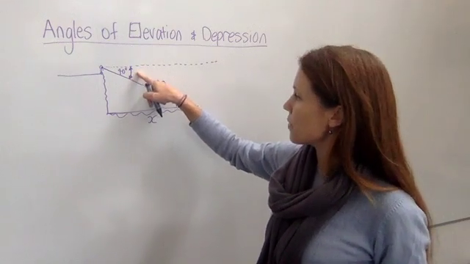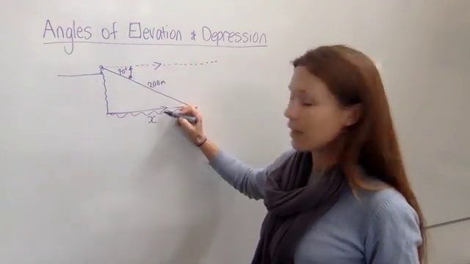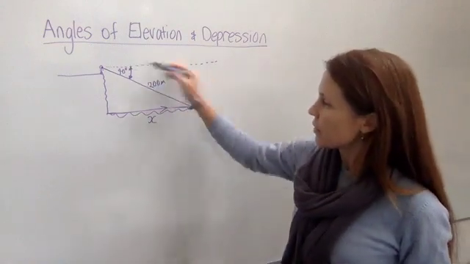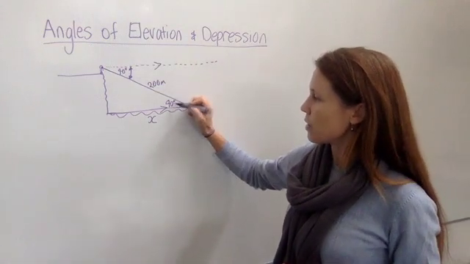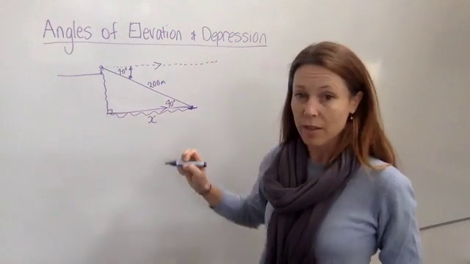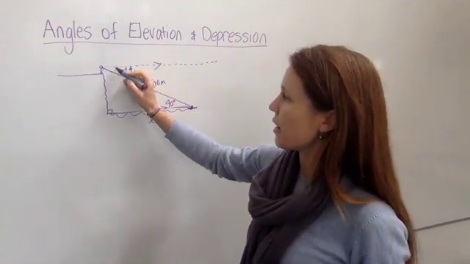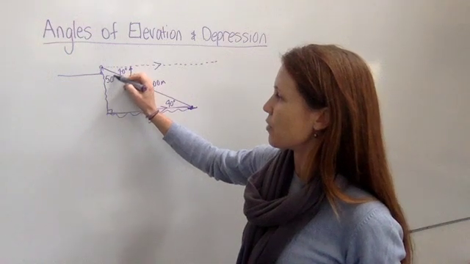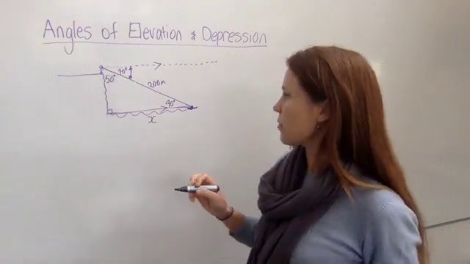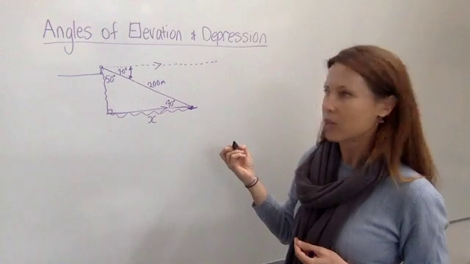Now you've got two choices. See these as parallel lines and say if that's 40, these are alternate angles and this one's 40. We're assuming also this is a right angle triangle. Or say if this is 40 degrees and this is a right angle up here, then this must be 50. So then you've got two choices about how you're going to set up your equation to answer this question